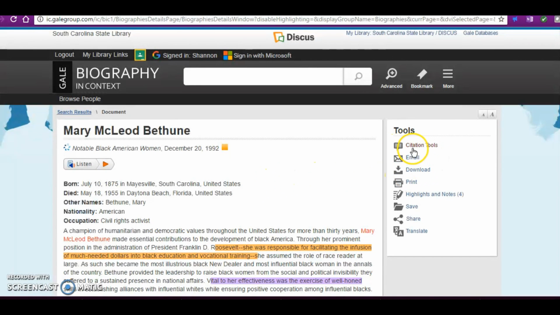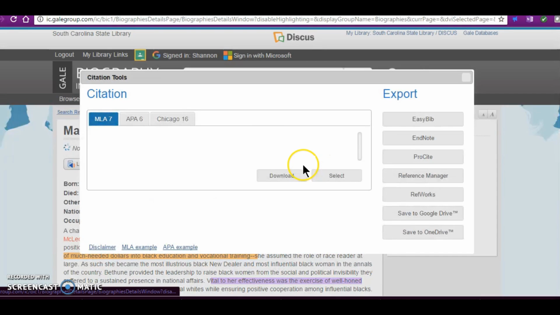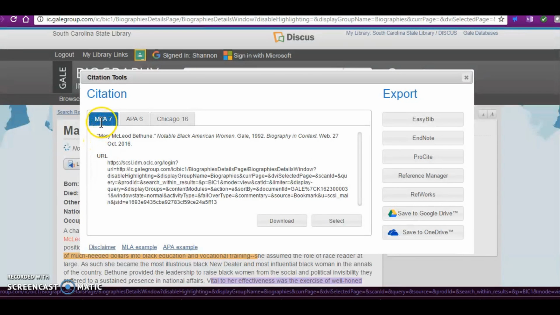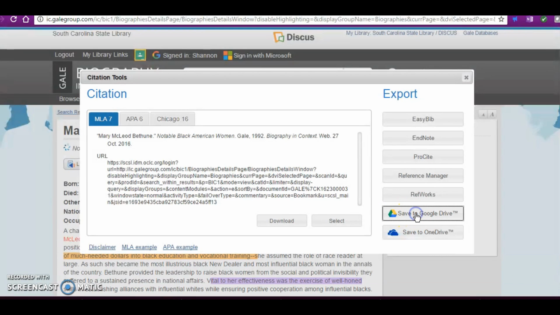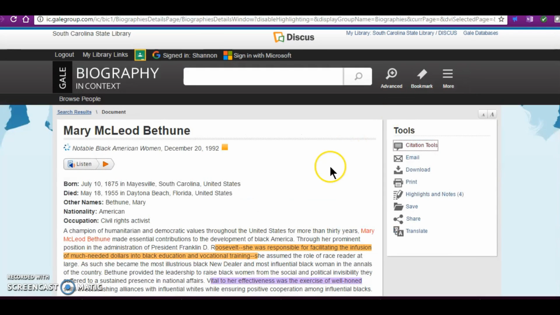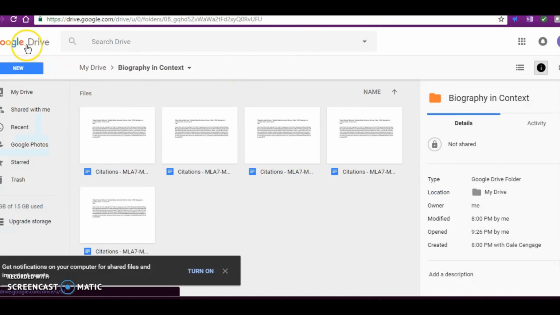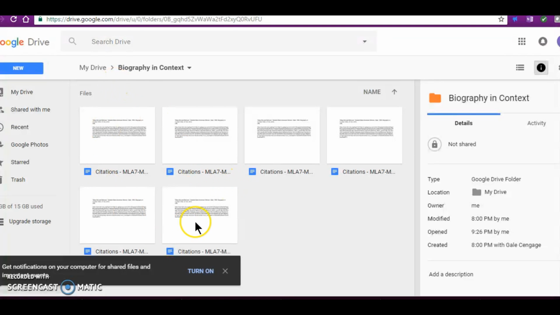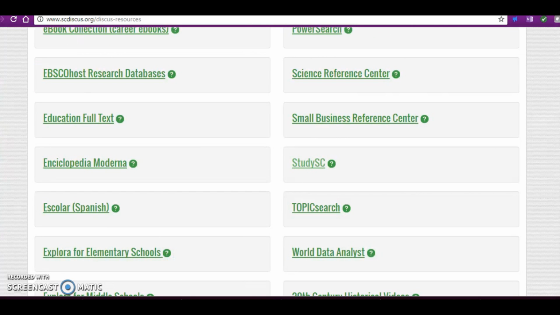For instance, you can click on the citation tools here on the right, and you can notice that there are several ways that you can get a citation for this resource. I'm going to leave it on MLA, but I'm going to click Save to Google Drive. Once you click Save to Google Drive and X out of this area, you will notice, as I have my Google Drive already open, that a Google Doc is created that has the citation and the link that you can now easily get back to at a future date. So back to our